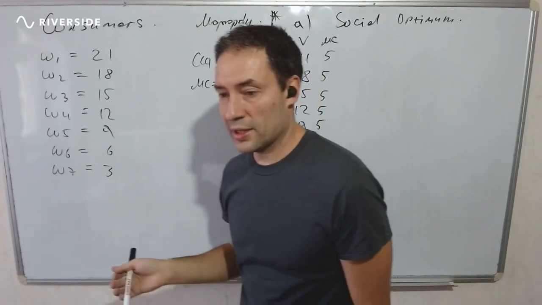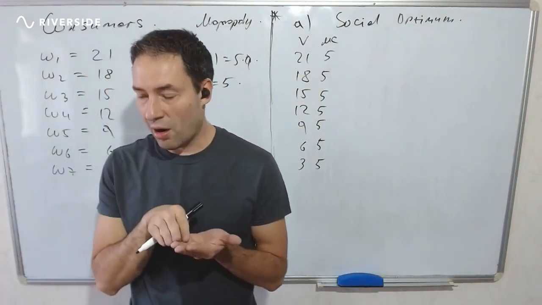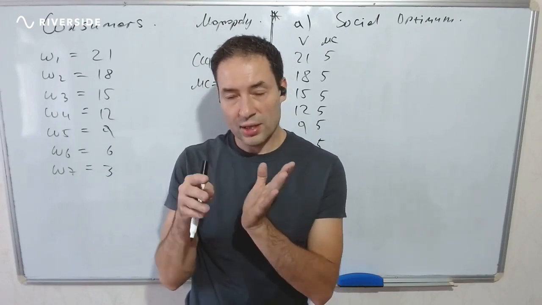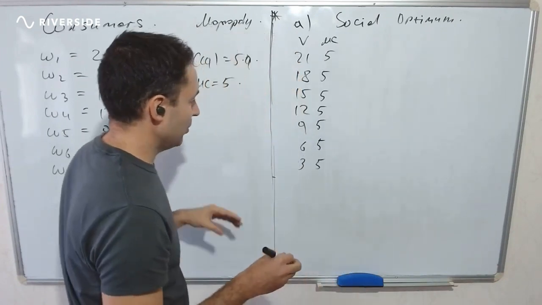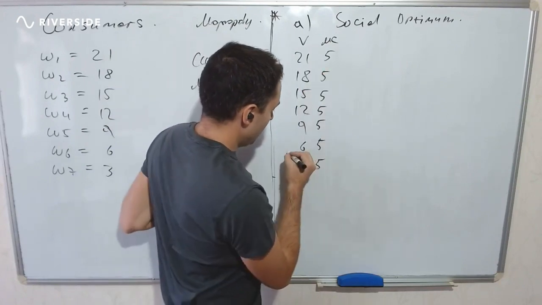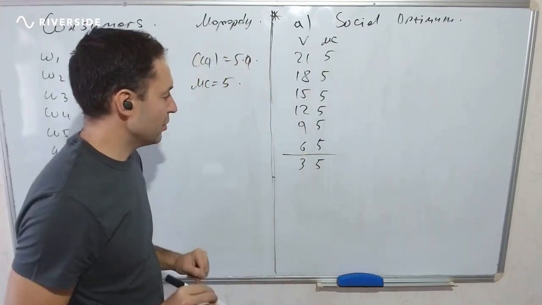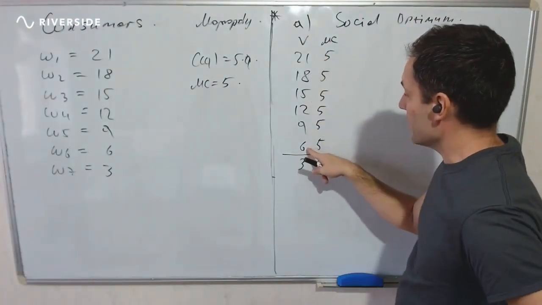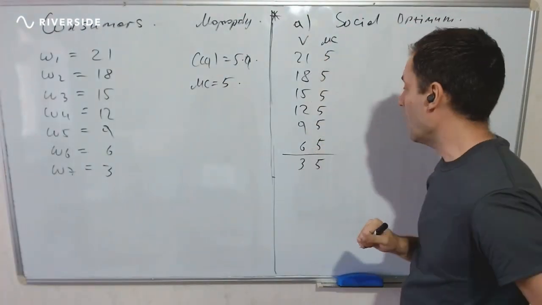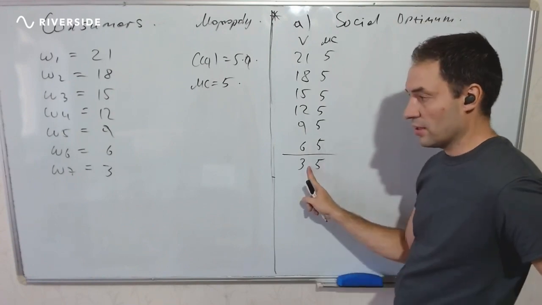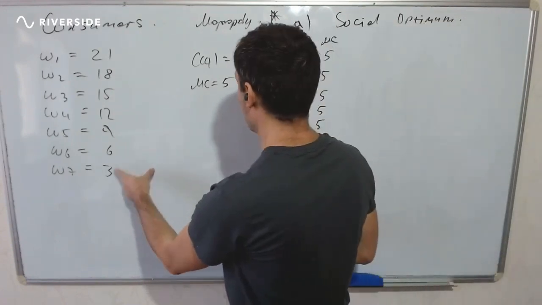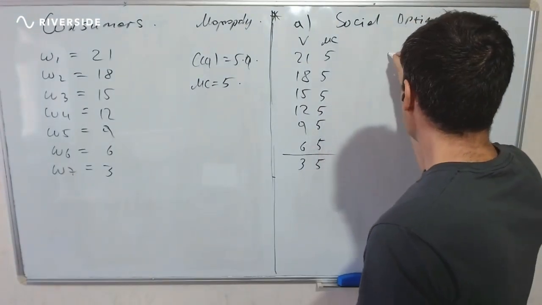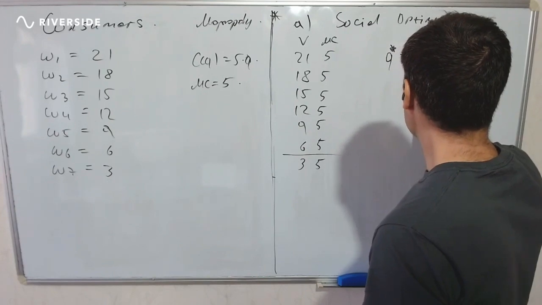And from a social perspective, we should supply the car if the value it creates is higher than it costs us to produce it. So in this problem, it's very easy, right? We should serve 6 customers because for all these first 6 customers, their value exceeds the cost of making the car. For the last customer, it's the opposite. It only values the car at 3. It costs us 5 to produce, so we should not serve this customer. So the social optimum will be 6 cars,